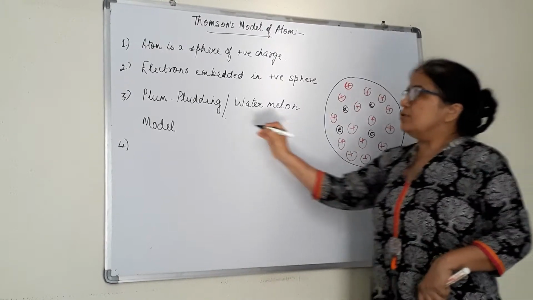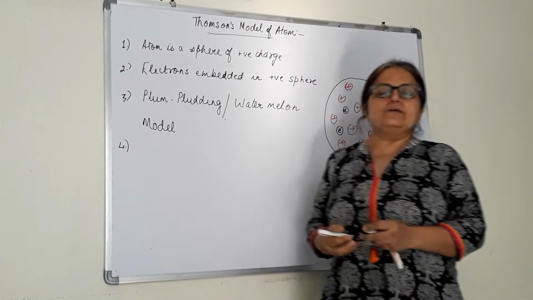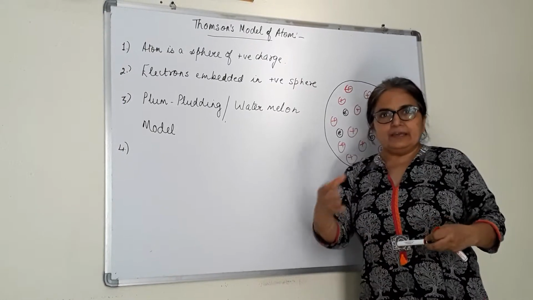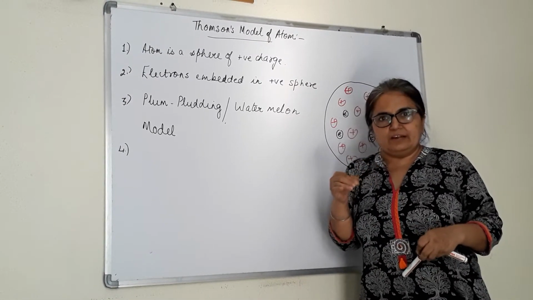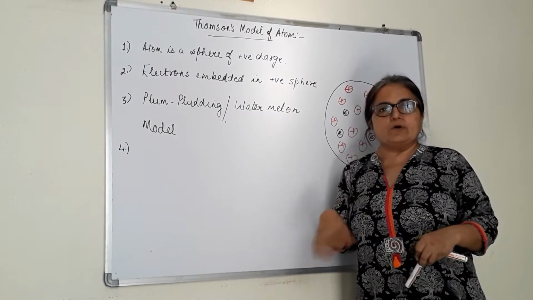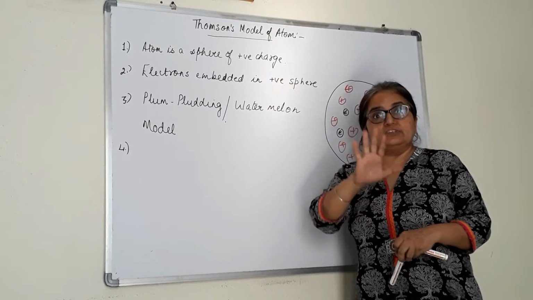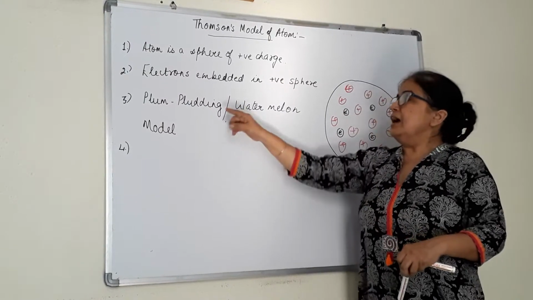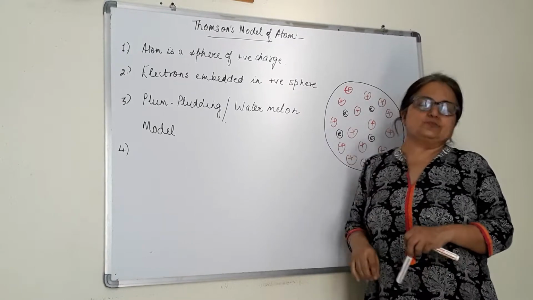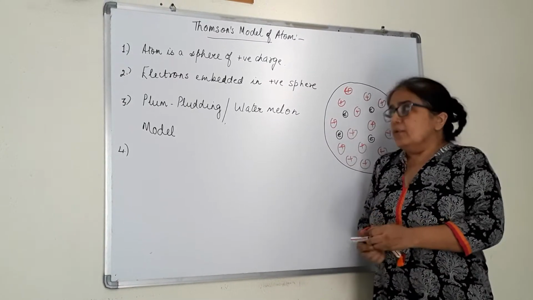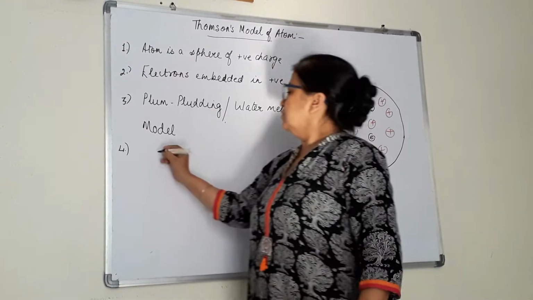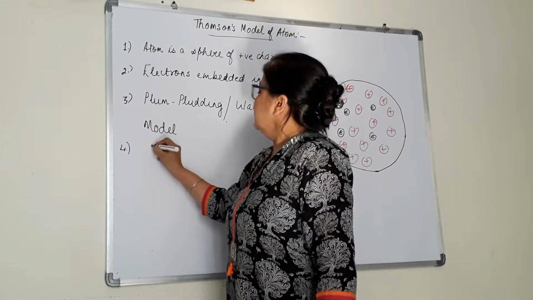This was also called the plum pudding model, like a pudding in which plums are there in between. The pudding is the positive charge spread in the sphere, and the plum is the electron. One more important point about Thomson's atomic model was that the atom